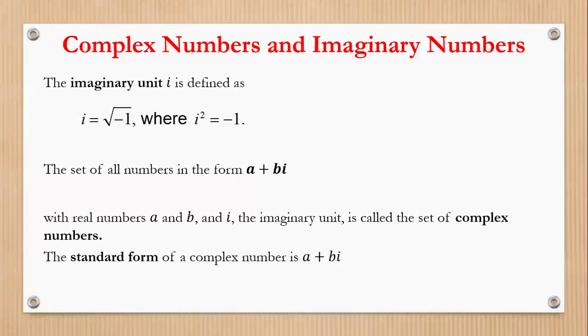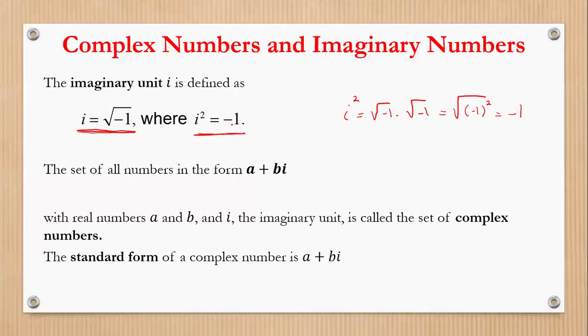If i is the square root of -1, and if we square both sides, we get i squared, which is equal to i times i, which is root -1 times root -1, and that's the square root of -1 to the second power. Power and root cancel each other, so the answer is -1. So i is the imaginary unit of any complex number, and we know that i squared is always equal